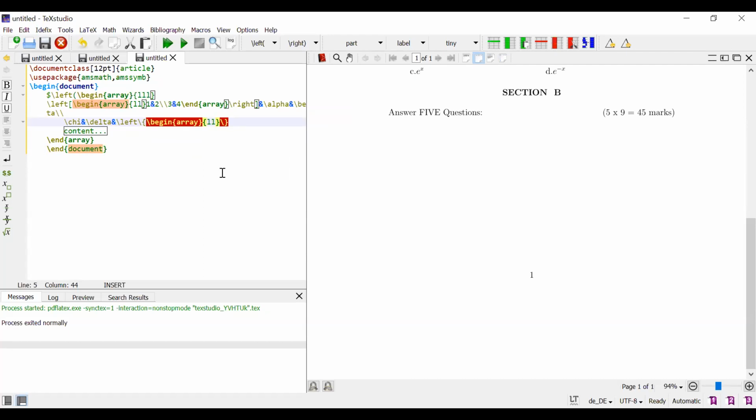Next one element is x suffix 1 and x suffix 2. This is first row of this. Next one is x suffix 3. Next element is x suffix 4.